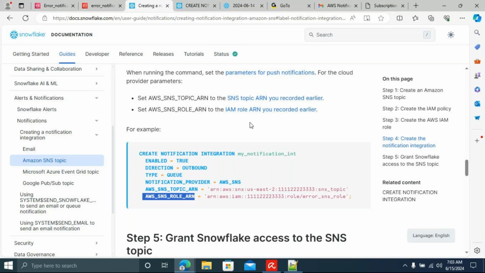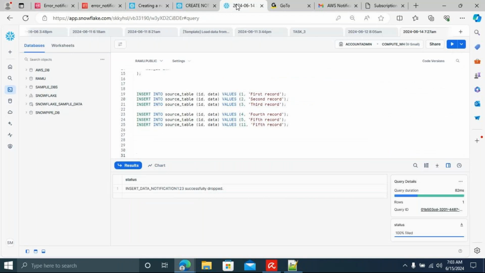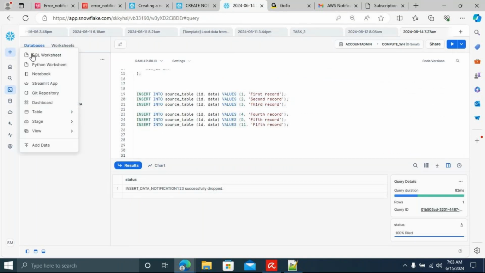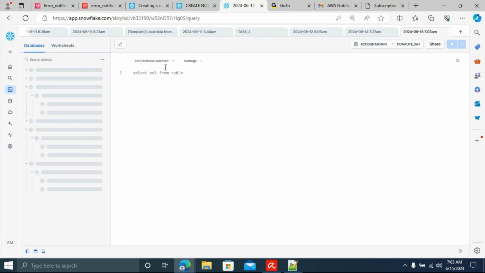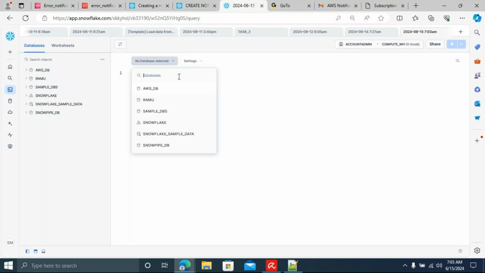This thing I'm going to do now. I'm going to open Snowsight and create a new SQL worksheet. I'll create a new database now.